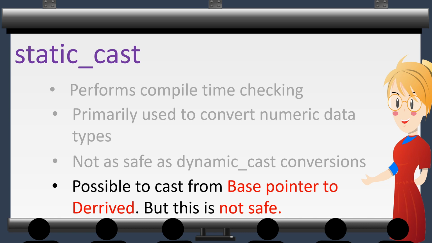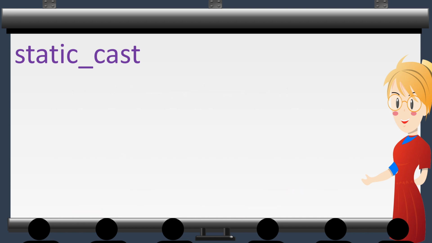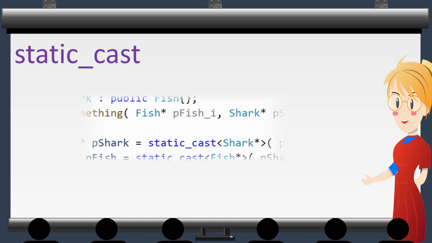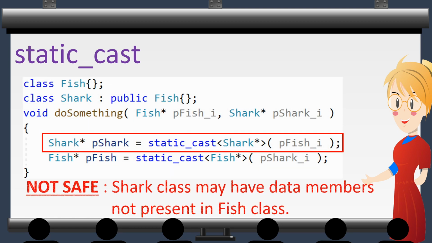The static cast operator can be used for operations such as converting a pointer to a base class to a pointer to a derived class. Such conversions are not always safe. Performing static cast from base pointer to derived pointer type is not safe because the base class in most cases does not have all the members that the derived class has.